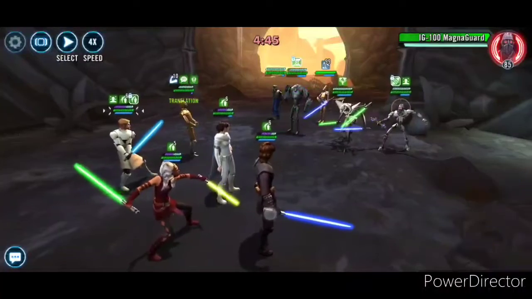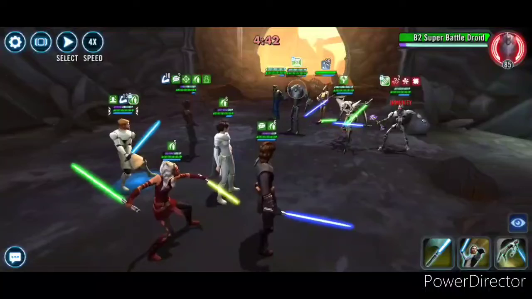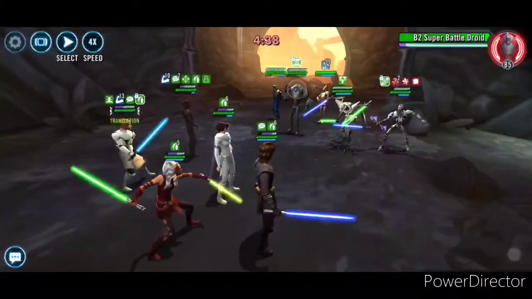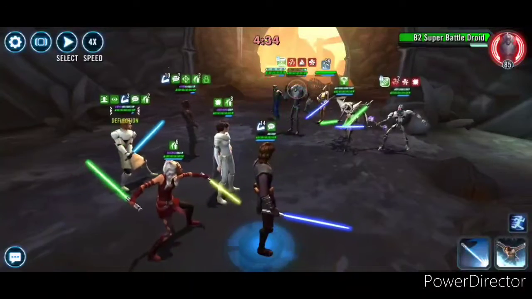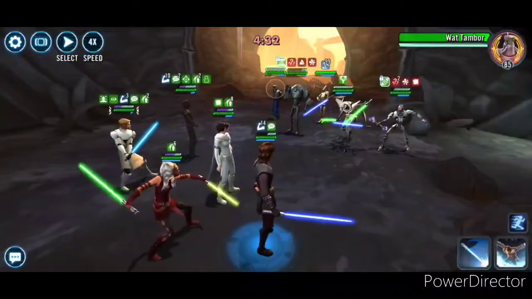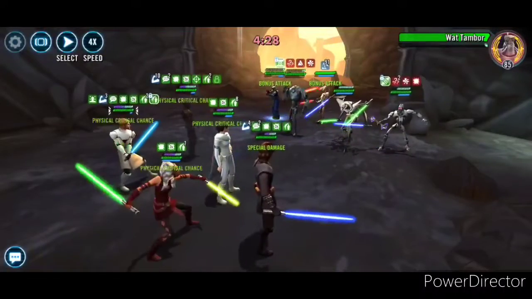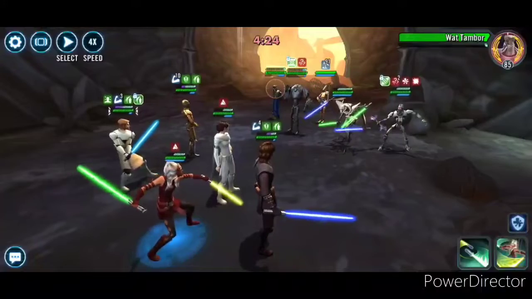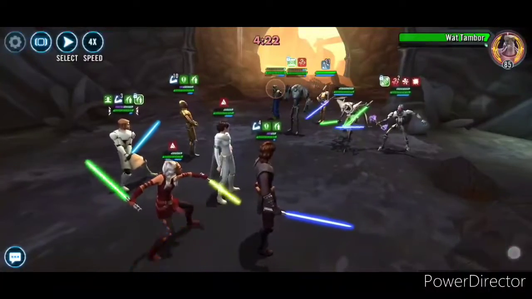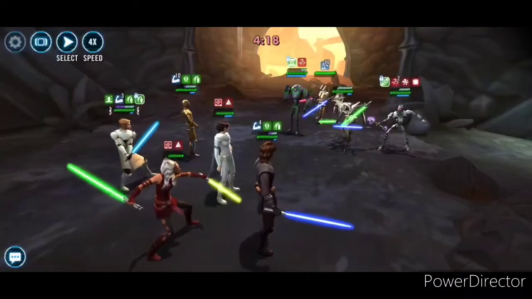Now I need to apply some buff immunity or confuse. Let's try to take him out first. We've got 14 stacks. I think we can get rid of Wat and potentially, not yet. Okay, this should, let's see if this can get rid of Wat. Okay, now we need to target